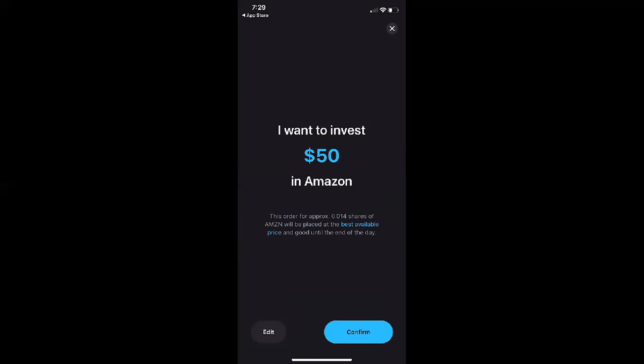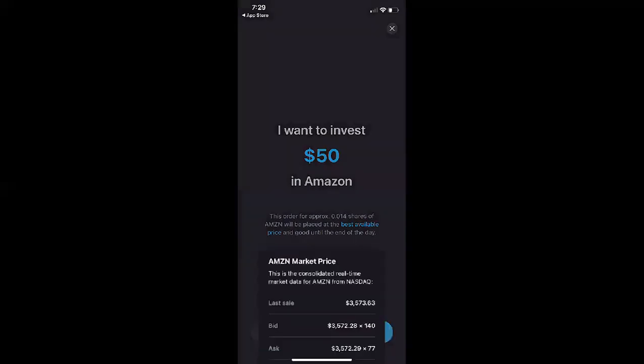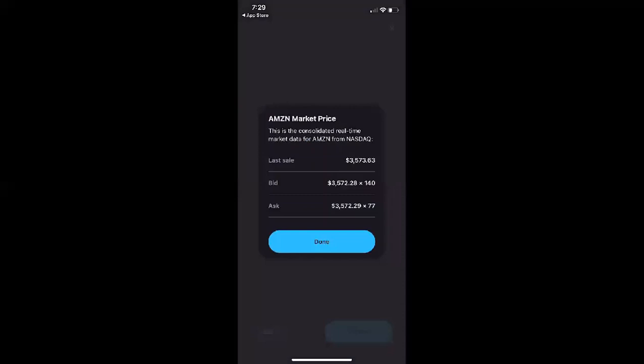Now, you see here, best available price is in blue. If we click on that, it'll actually show us the real-time market data from NASDAQ, the bid-ask spread for, in this case, Amazon. Remember, because they don't do payment for order flow, they go straight to, in this case, looks like NASDAQ